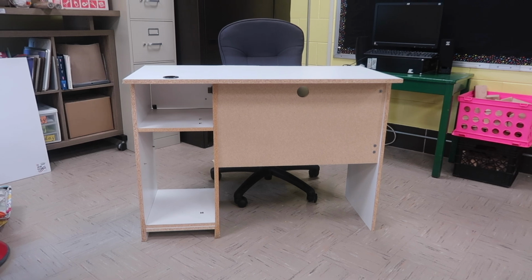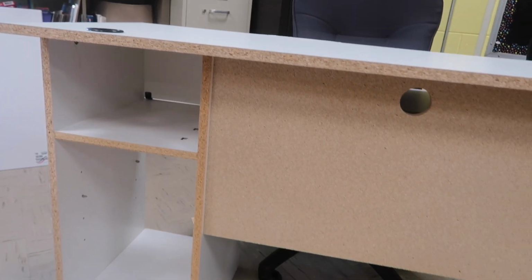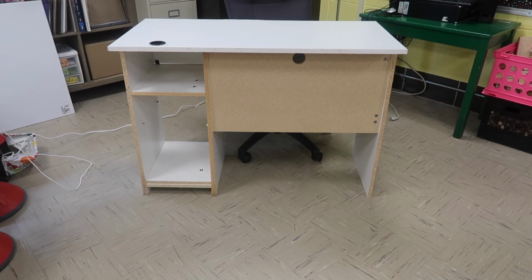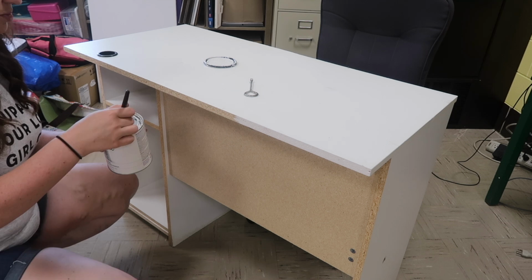This project was a last minute addition, and I'm so glad that I ended up doing it. So my mom got this new desk. Her previous desk, which was beautifully painted primary colors, had gotten old and she just needed a new one. But this one is MDF board and the back is not cute. So to make it over, I painted that top strip of the back of her desk white with some chalk